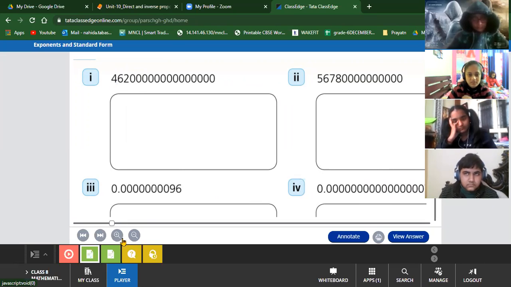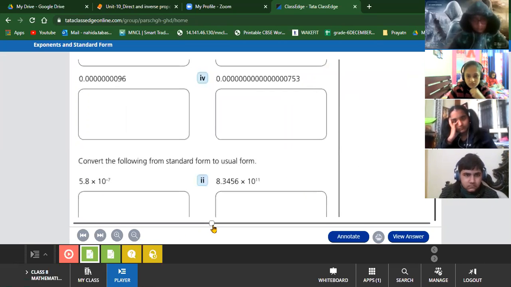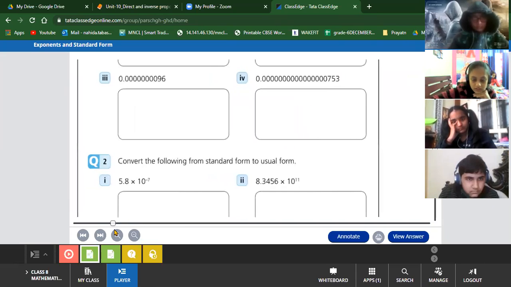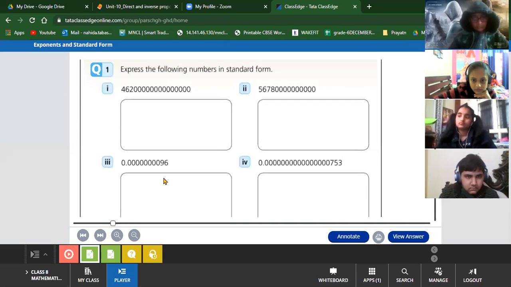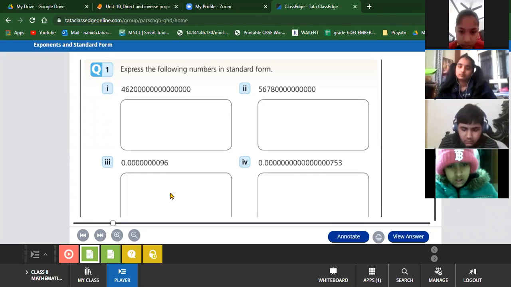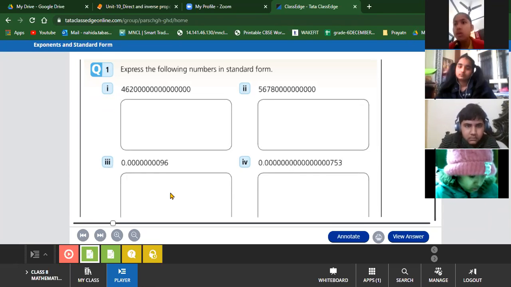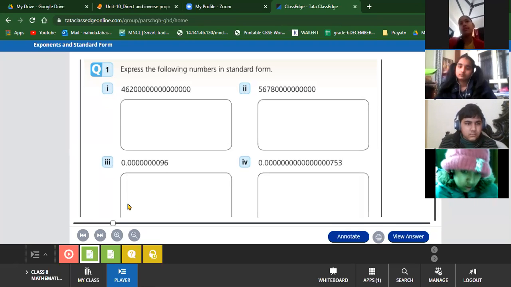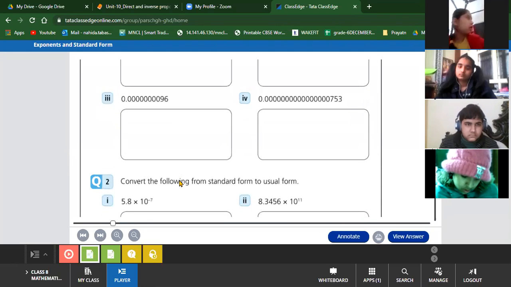Should I show the complete question? Then I have to zoom out. There's the complete question. You can hide parts 2 and 3 to show question 2. Wait. I'm just going to show question number 2 as well. First, let everyone do question number 1. If you have done it, well and good. Should I move on to question number 2?